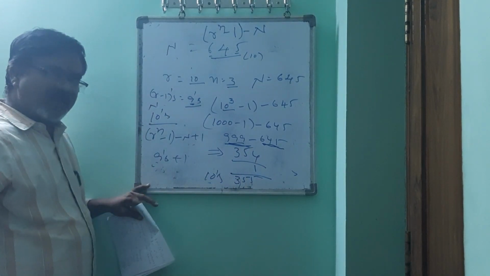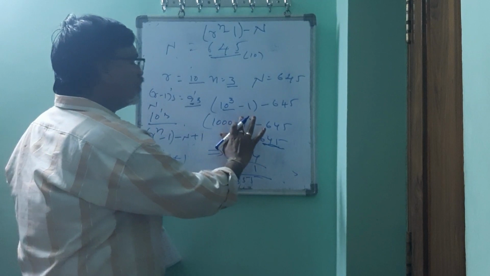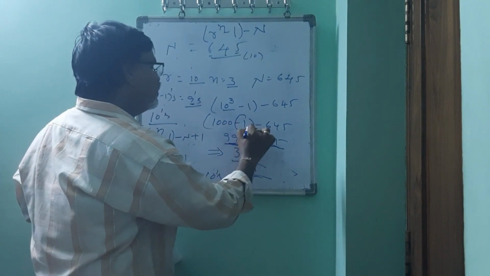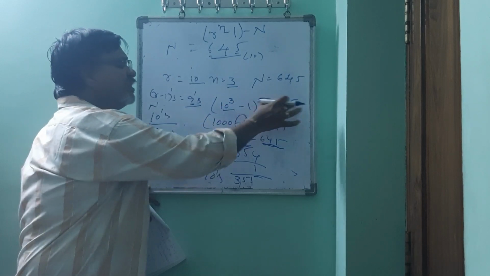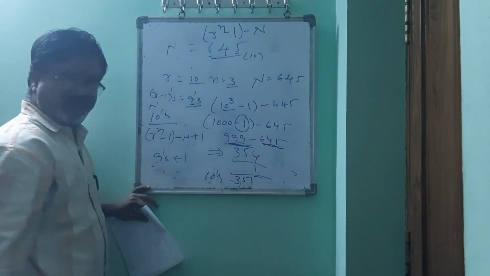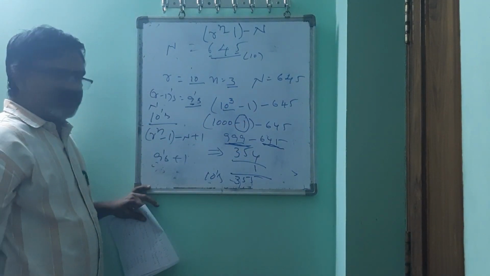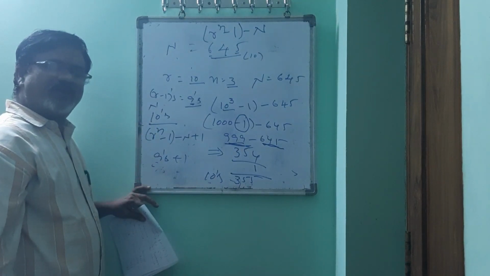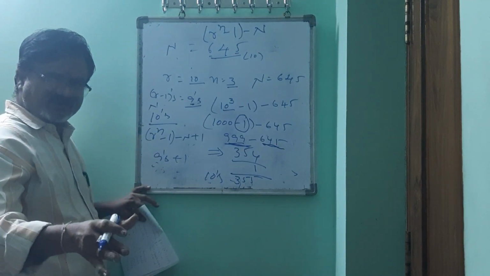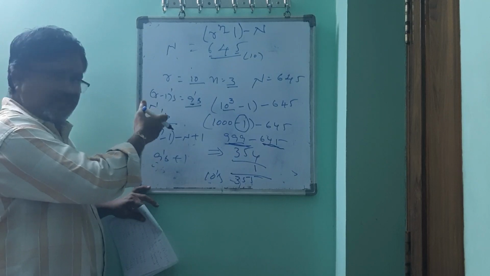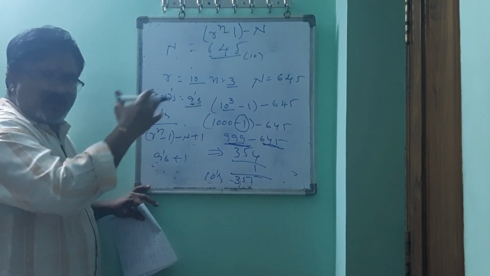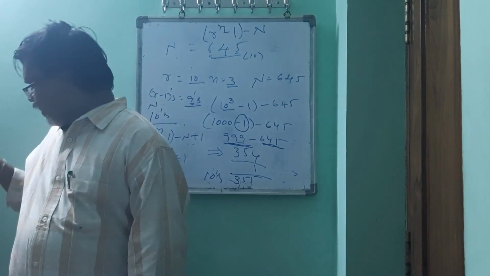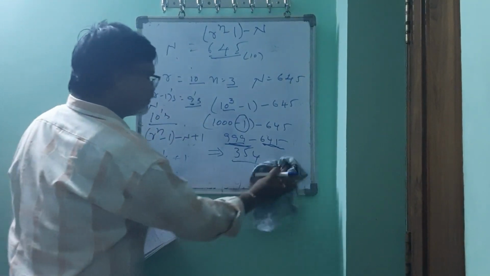So you will not have this one. Simply 10 power 3 minus 645, which is nothing but 355, is the 10's complement. So this is the way you will find R's and R minus 1's complement, and we have taken an example in the decimal system. Let us see the same example in binary also by taking a binary number.